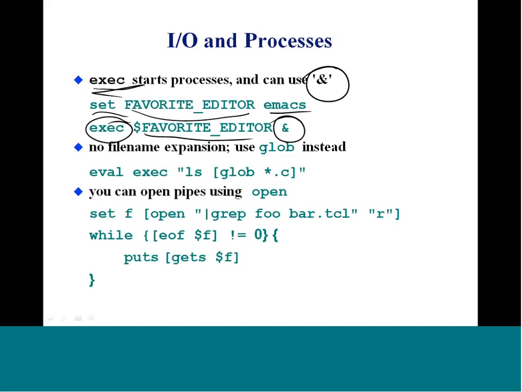And then for file name expansion, we don't have to do it ourselves. We can use the glob command to do it. Here a quick example is ls glob star.c, which gives you all the C programs. And then if you want to open pipes,